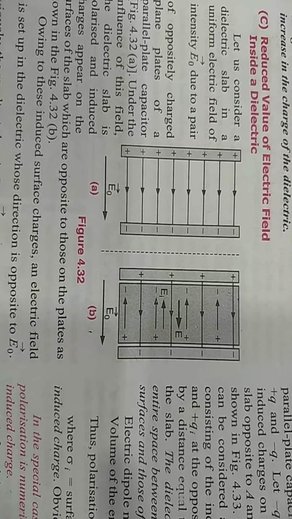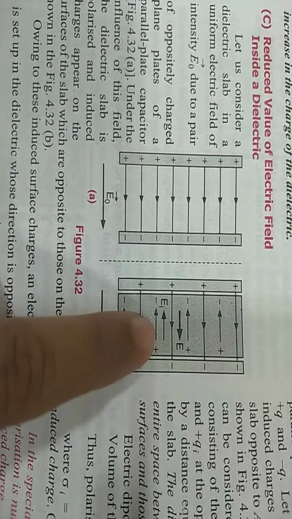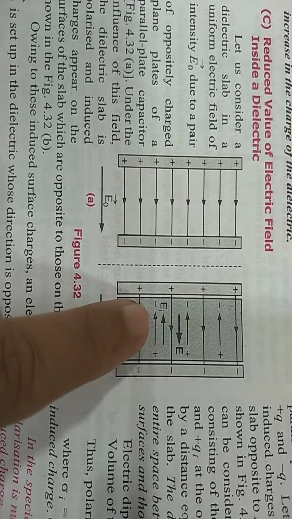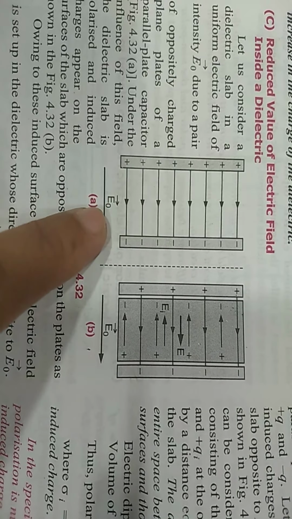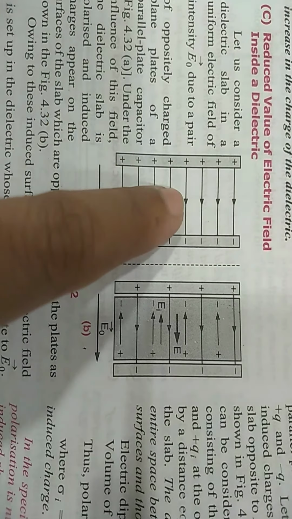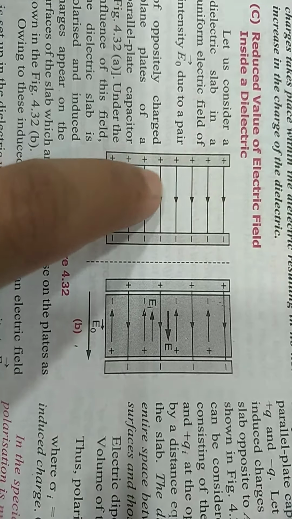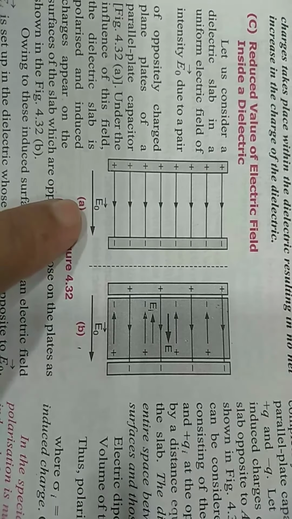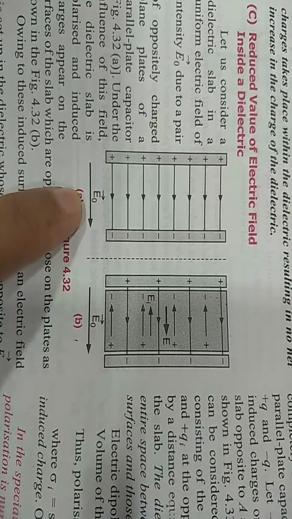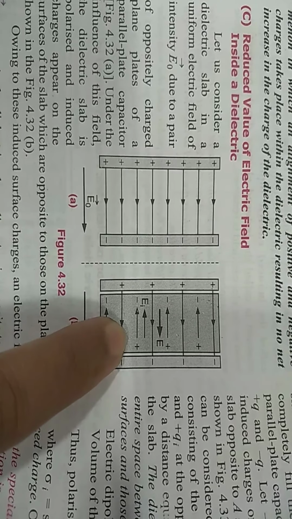Next topic we have learned this, that when dielectric is introduced between this parallel plate capacitor, it induces the electric field which is opposite to the external electric field. This is the uniform electric field in parallel plate capacitor when air is there or no insulator or no dielectric is there in between. That is, there you have some external electric field, that is E naught. Now if you